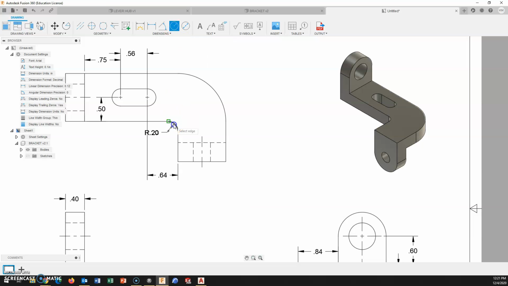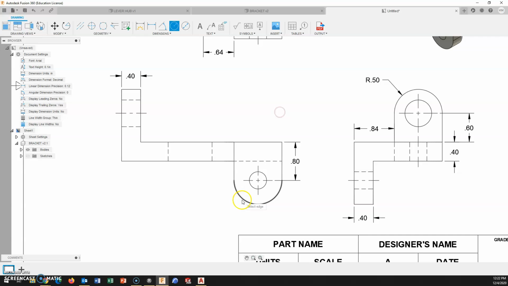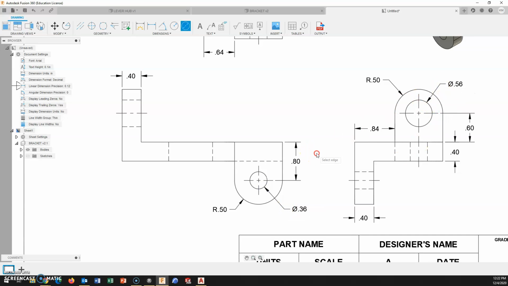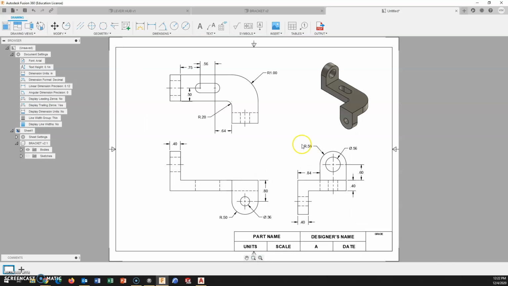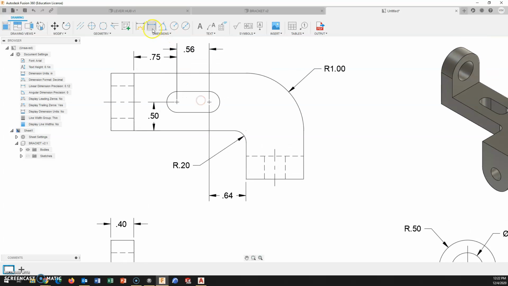Some radius dimensions. If they are arcs, you measure them in terms of radius. If they are holes or complete circles, they are dimensioned in terms of diameter. Go back over here, double check. The width of the slot. The width of the slot,